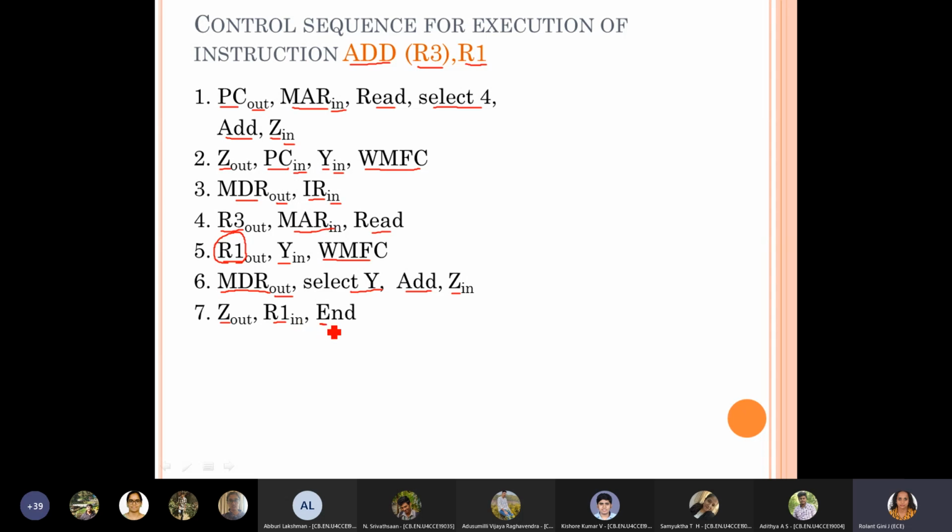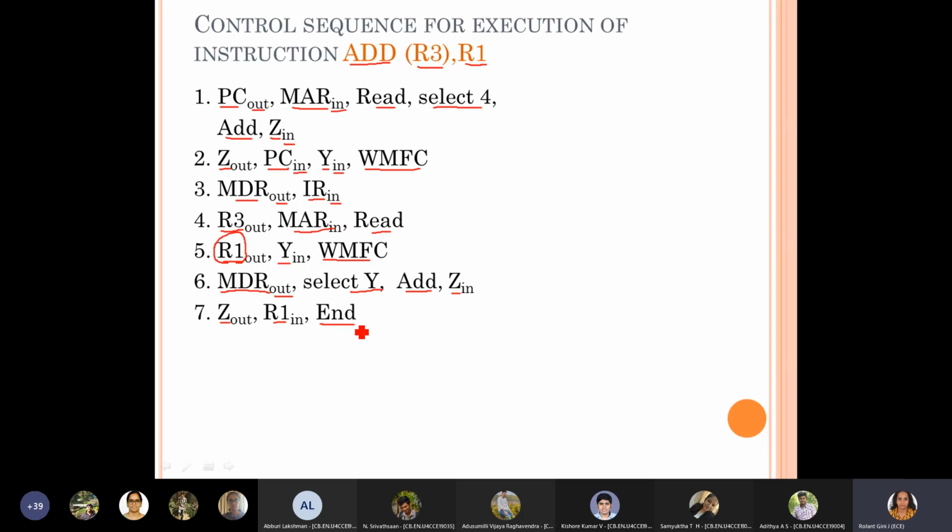Okay, so we enable the control signal end. Enabling control signal end means you are going to use this as a reset to enable the next instruction execution. This indicates that the current operation is over and we can proceed with the next instruction execution. So this will be the trigger to initiate the next instruction execution.